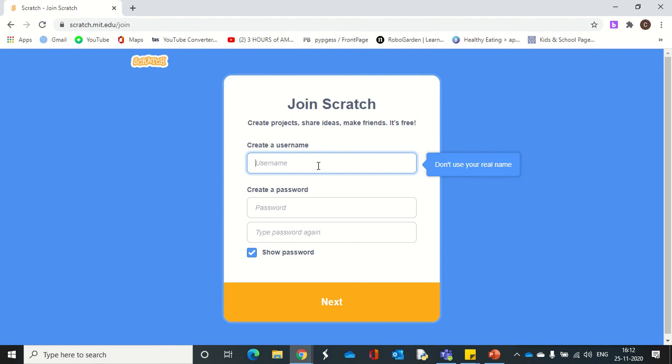So here create a username. You can choose your username, and it is preferable to choose a username that you can remember very easily. So let's say, for example, Raghuveer is the username. I'm just giving the name, which could be a first name, Raghuveer.